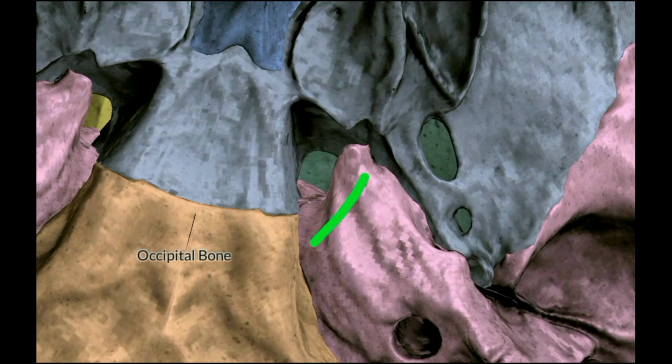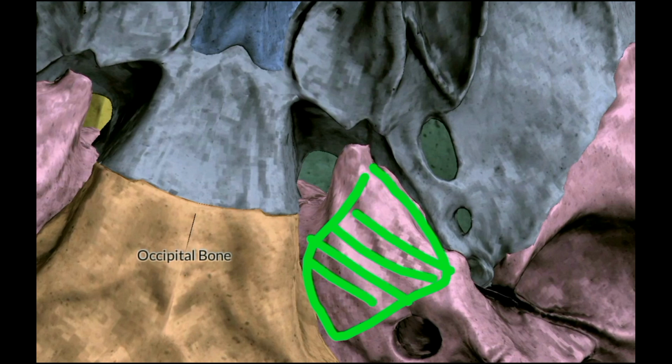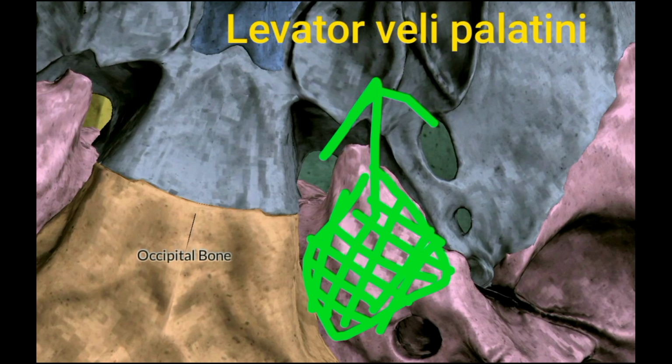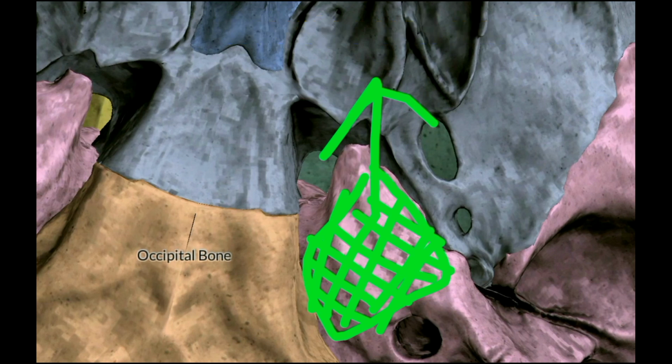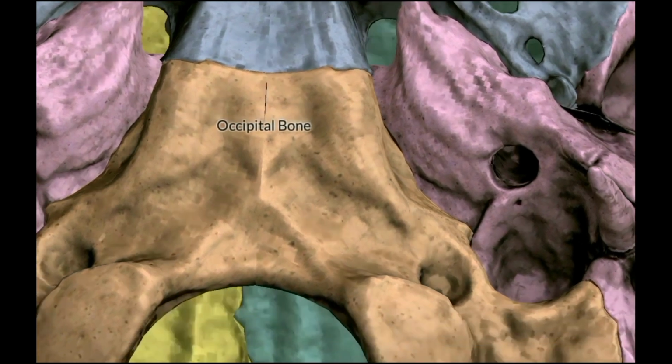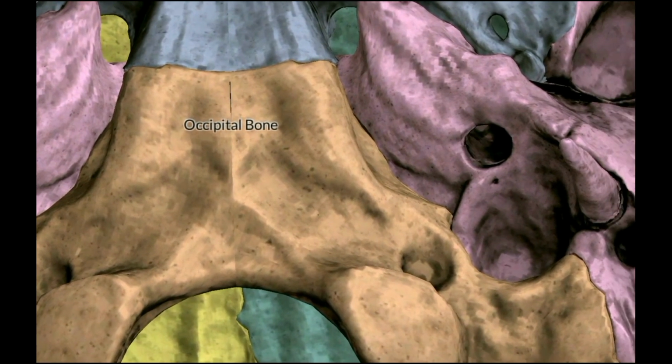The nerve of the pterygoid canal is formed by the deep petrosal nerve joining with the greater petrosal nerve. Just behind the apex you will see a quadrilateral area giving origin to the levator veli palatini, muscle of the soft palate. As it elevates the soft palate, it is called levator veli palatini. It also dilates the tube because it lies medial to the sulcus tubae. It has some action on the auditory tube.